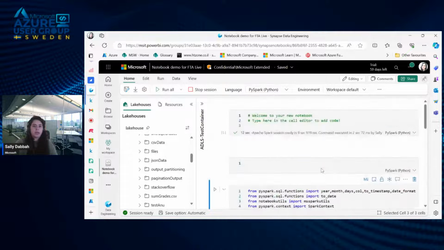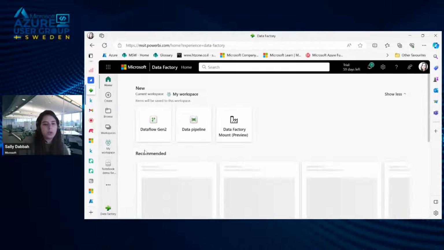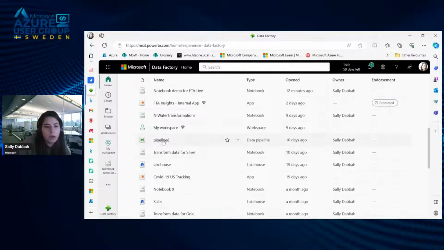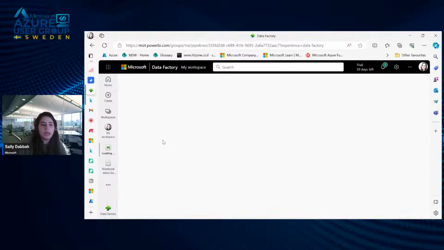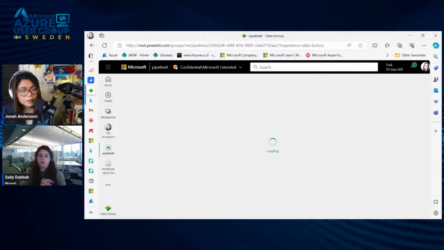So basically, this is how we do partitioning in Fabric. And again, this is in my data engineering experience, which is equivalent to the Synapse data engineering experience. I just want to show you in Data Factory really quickly how we can do partitioning via tables. In Data Factory, you can do partitioning only if your column has the right values already. Like you can do transformation on your column, then partitioning. If you need to do transformation, then you need to use notebooks for now. I'll show you. It should take 1 minute to load.